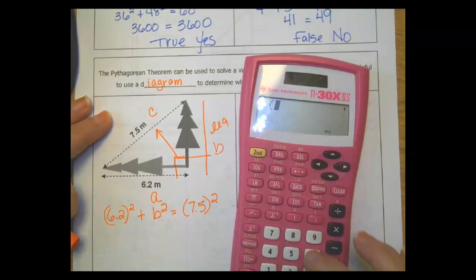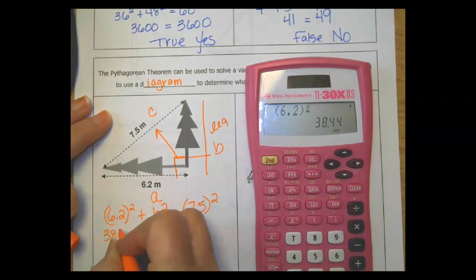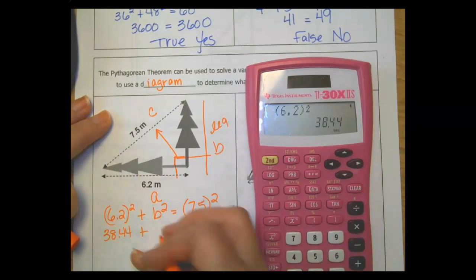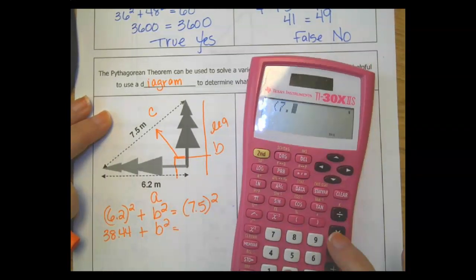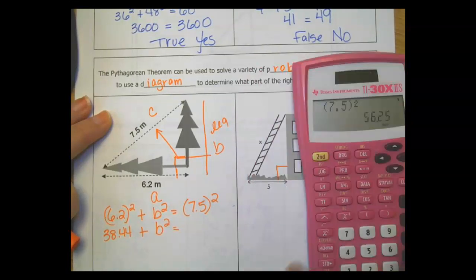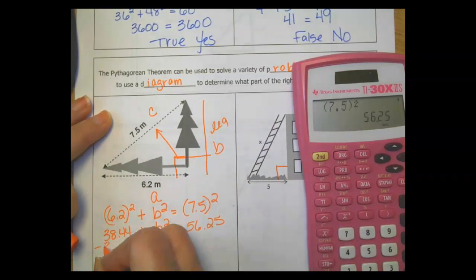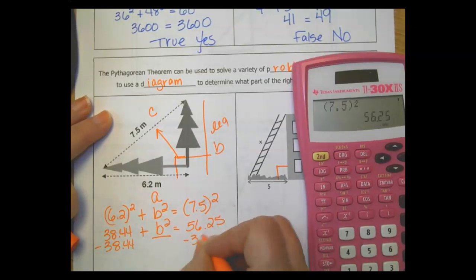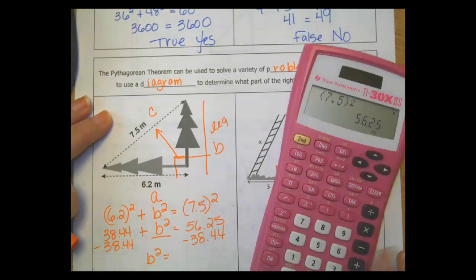In parentheses, 6.2 squared is 38.44, plus b squared, which we don't know, equals parentheses 7.5 squared, which is 56.25. I'm solving for b squared, so I'm going to subtract this. So b squared is equal to 56.25 minus 38.44,